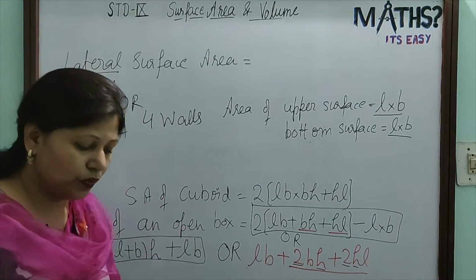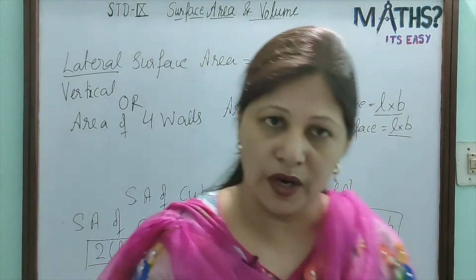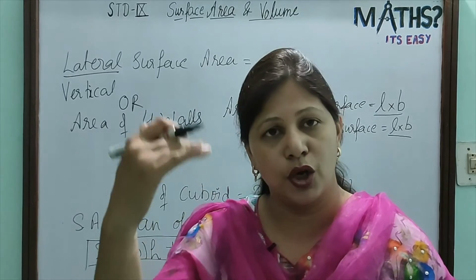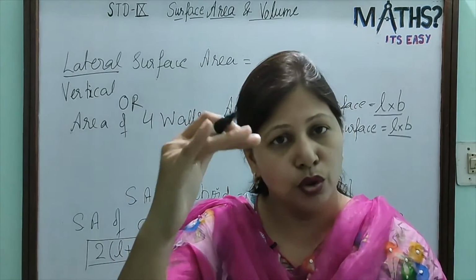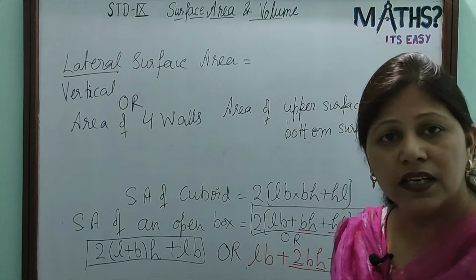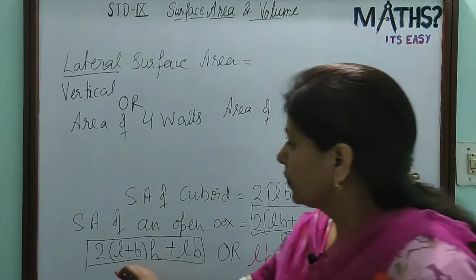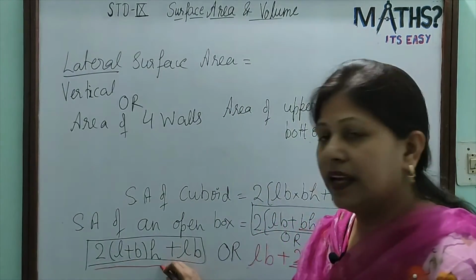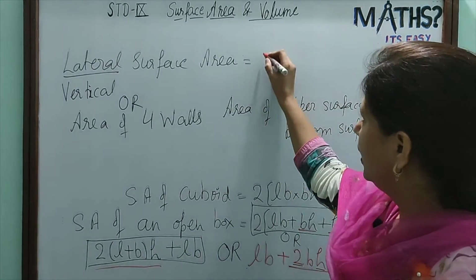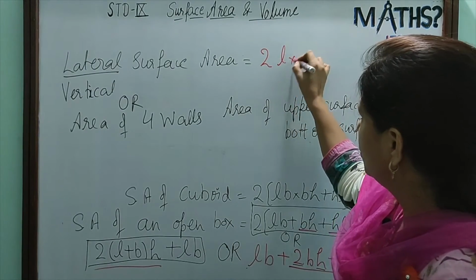So in this situation, we will not take bottom area L into B and top area L into B. We will not take both. We will take the surfaces including height. Okay. So this is twice L into H